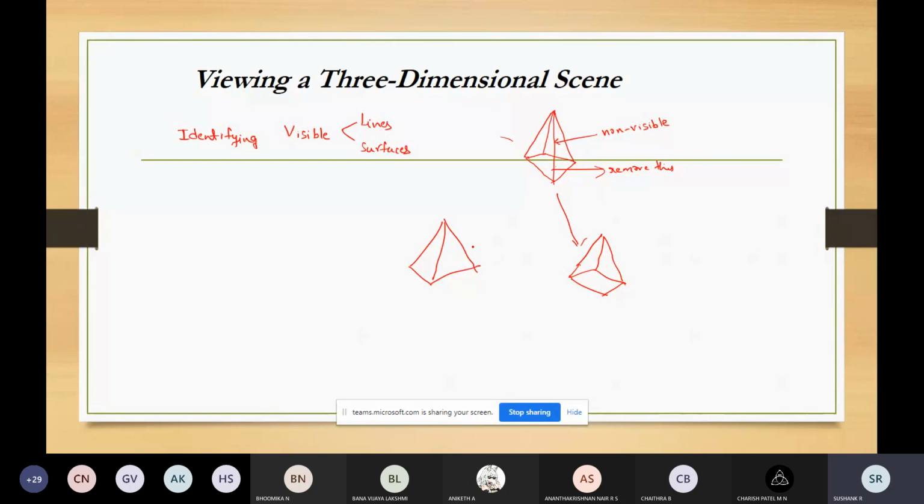This is what I've done, as shown in the figure which I've drawn. One thing is, if you're removing the hidden lines, you will also lose the information about the shape of the back surface of the object.